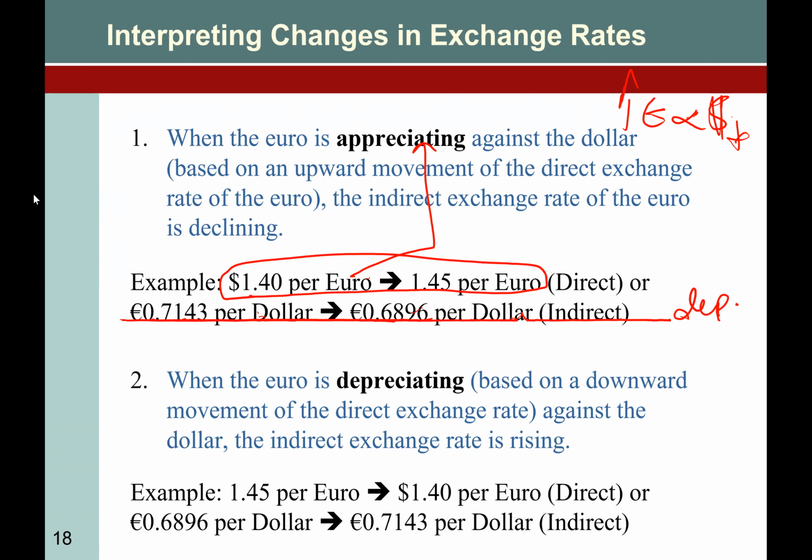So let's talk about the depreciation. Previously €1 was $1.45, and now €1 is $1.40. What does it mean? It means we spend fewer dollars to buy €1. Otherwise, the dollar we were purchasing the euro as